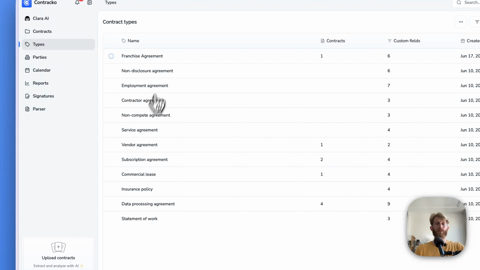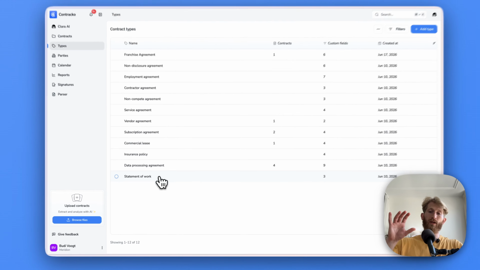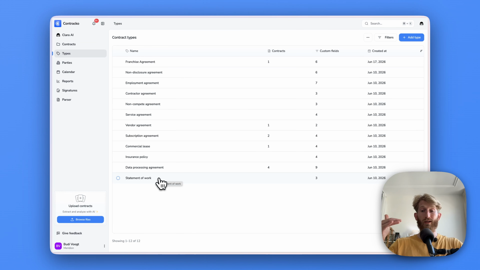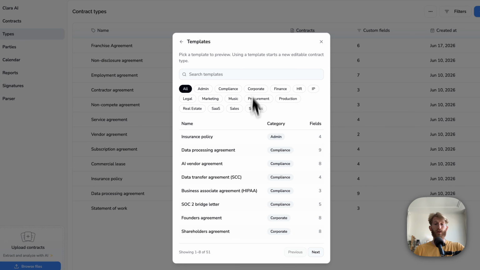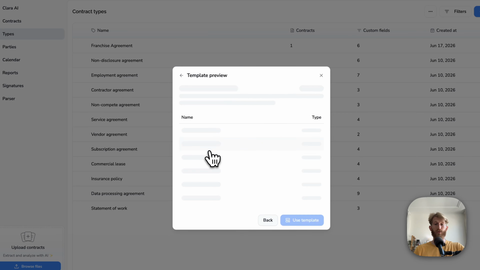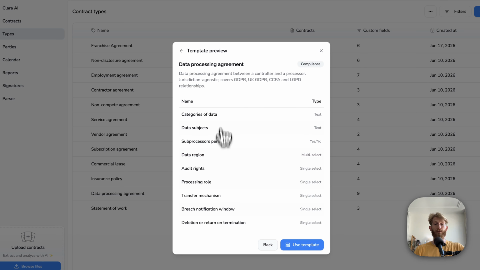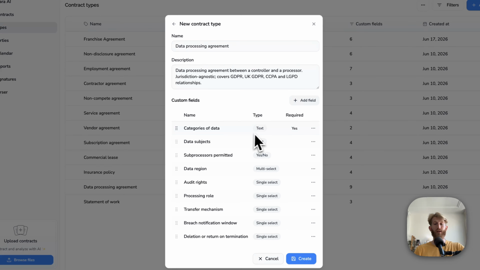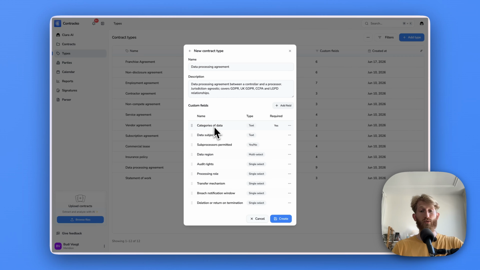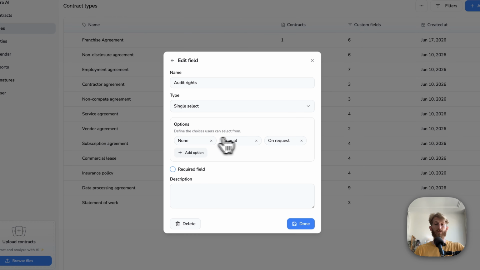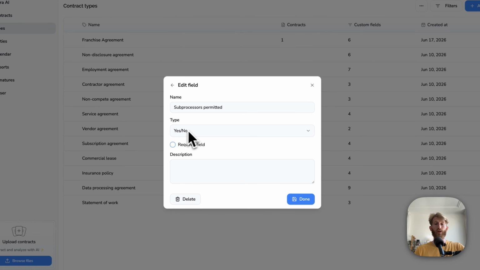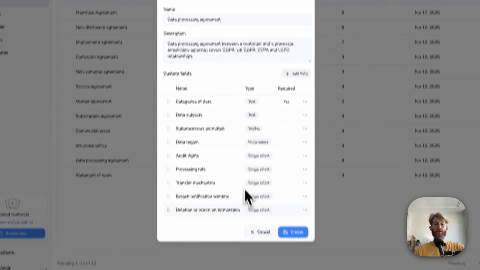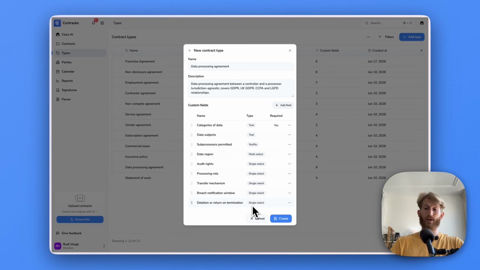So if you go to types, you can create common data types for contracts you deal with a lot in your business. You can create these from templates. We have very many. In this case, let's say you were to choose data processing agreement. We have a preset for this. You could use this template and then you could modify it or just work with all these fields. You'll see that there are single select fields for which you can enter the options. You could create a Boolean, yes, no, text fields, basically anything that represents a contract type that you deal with